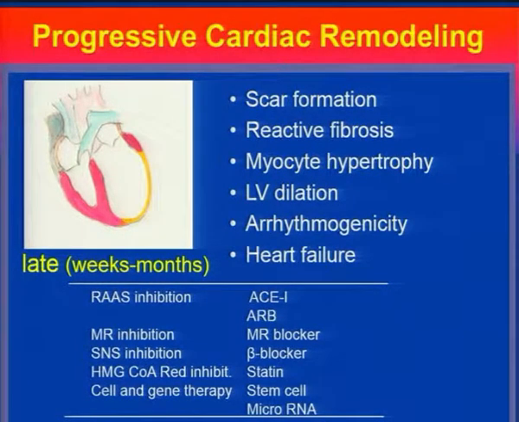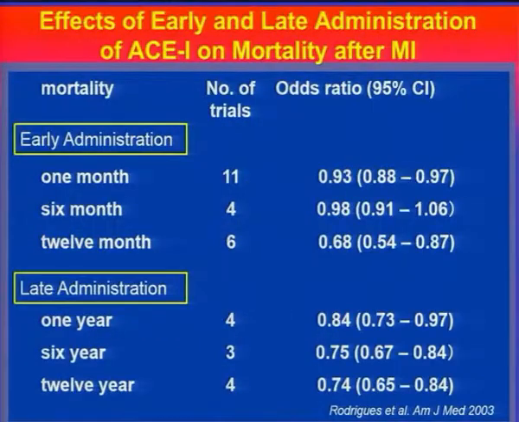And finally, the late stage involves scar formation, reactive fibrosis, myocyte hypertrophy, dilatation, arrhythmogenesis, and heart failure. In these processes, ACE inhibitors, ARBs, MR blockers, beta blockers, statins, stem cells, or microRNA might be involved in reducing this. And finally, I will show a couple of slides. This is the ACE inhibitors for treatment of patients with acute